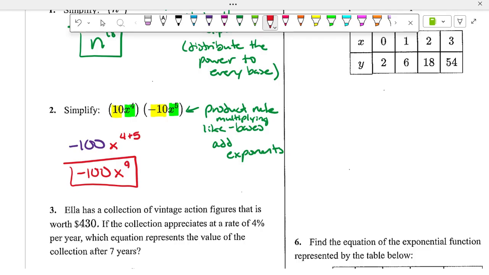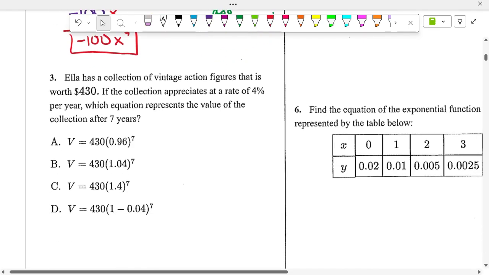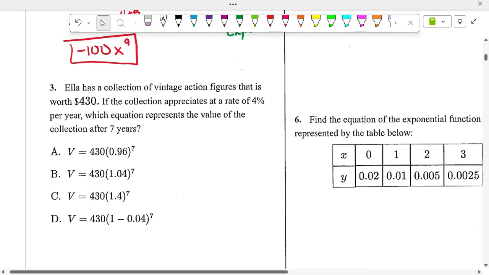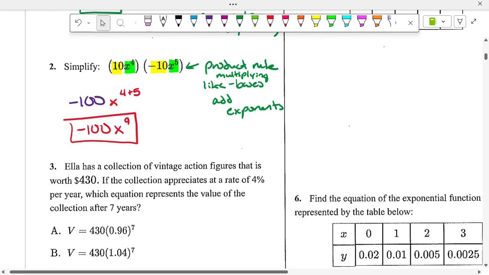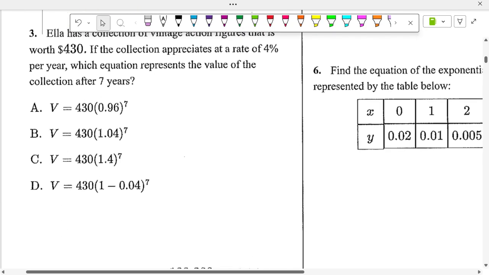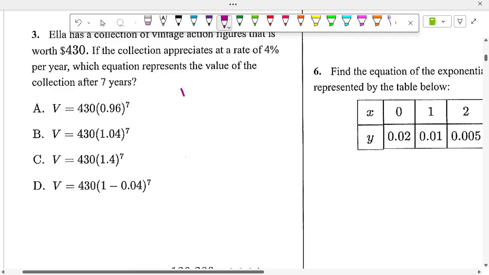Now, that was just some simple exponent rules that we just had to review very quickly. All right. Now let's get into the exponential stuff. Now, something you need to know about exponentials. All right. You need to know the basic formulas for growth and decay. So I would write this somewhere where we have space. The formula for exponential growth